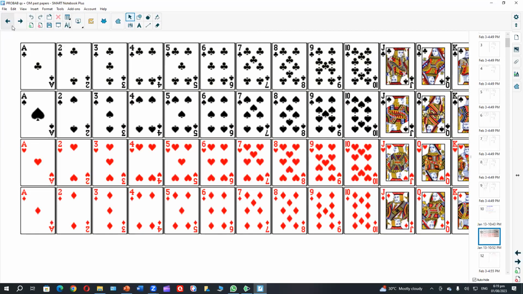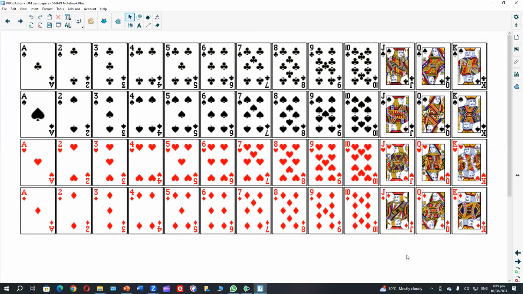Look, this is the screen to see it. There are 4 suits, 2 red and 2 black. Each suit contains 13 cards, in which there is a card of 1, a card of 2, 3, 4, 5, 6, 7, 8, 9, 10. There is a king, a jack, and a queen. These are 13 cards. Letter A means 1. Then 2, 3 number cards are there. J for jack, Q for queen, and K for king.